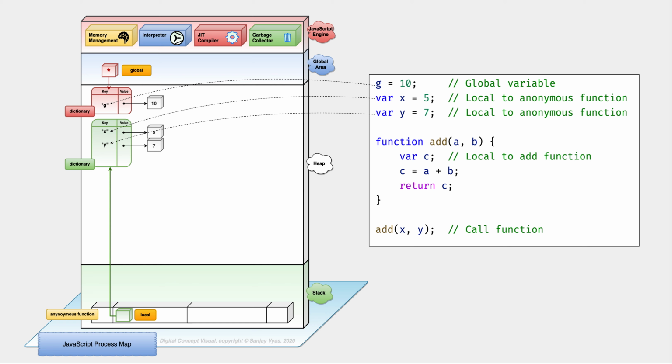Now, what is interesting is functions. Normally in compiled static languages, functions are pre-compiled and stored in a different area, a binary area called code or text. But here, functions are also stored as part of the dictionary. So when we define this function add, this is not pre-compiled and stored in a binary area, but gets stored in the heap in the form of a string.